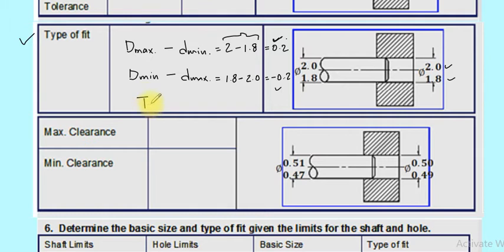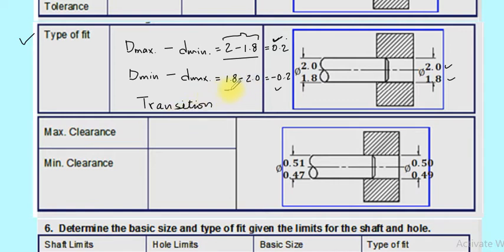Sorry, so I write again, it is a transition fit. Transition fit means that the final size of the shaft and the hole are such that we have this condition where the hole is larger than the shaft and we have clearance,